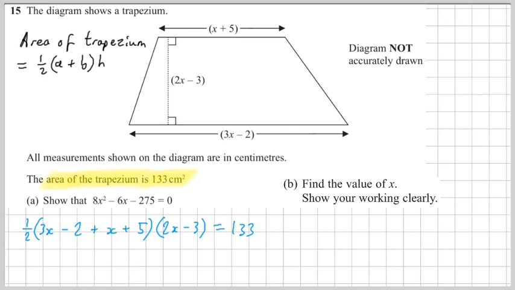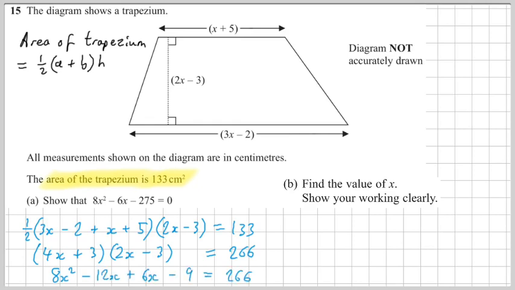I'll just start simplifying. This bracket here is, just replace my arrow how it was. We've got 4x there altogether, and we've got a minus 2 plus a 5, which is plus 3. So 4x plus 3 times 2x minus 3. And rather than writing half again at the front and 133 here, I'm just going to, in this step, double both sides of the equation to get 266 over here. Now I can expand the left-hand side,